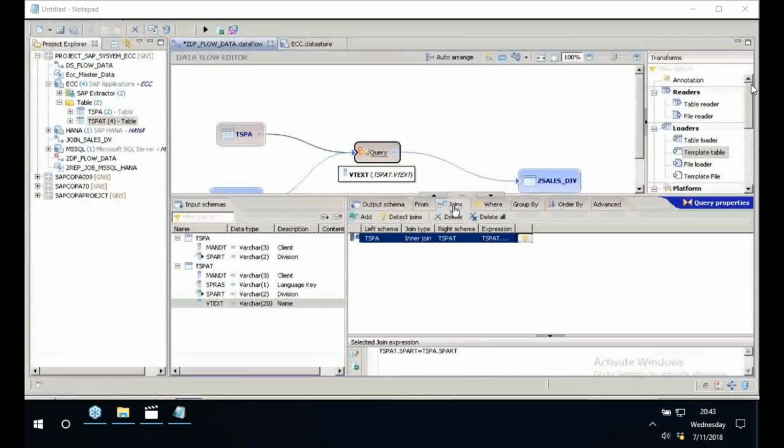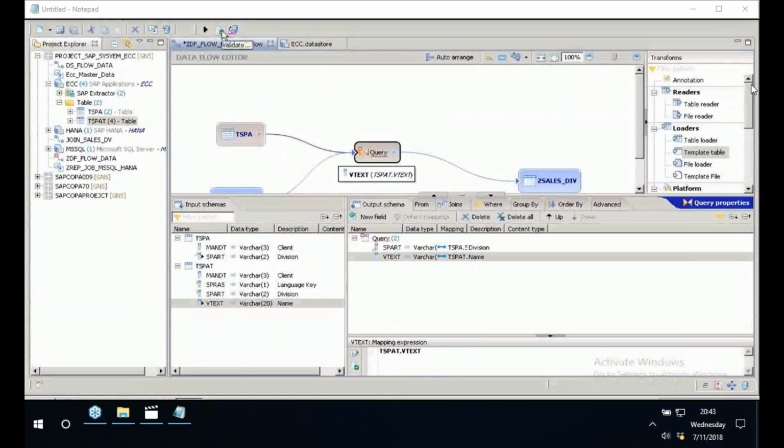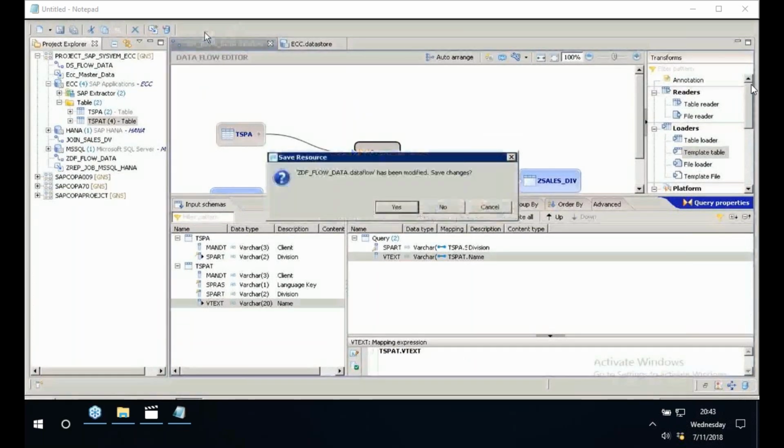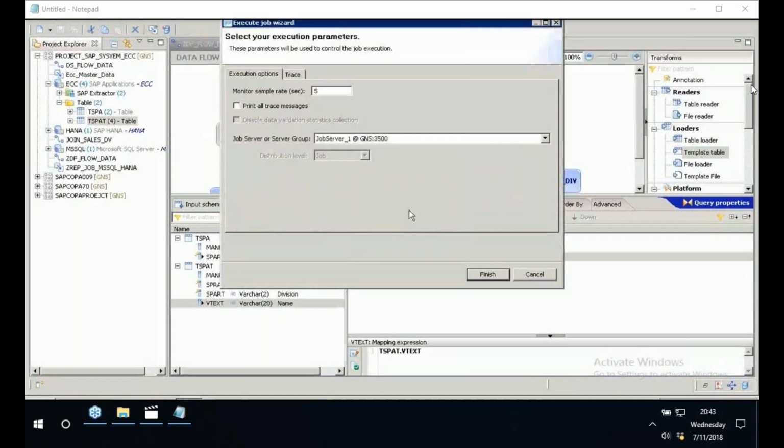Finally click on validate. Validation successful. Click close and click execute and click yes, and finally click finish. So here is where the other day we got the job issue. Job was not working due to the license issue. So this way we got the issue. I'll click finish. Once we click finish,